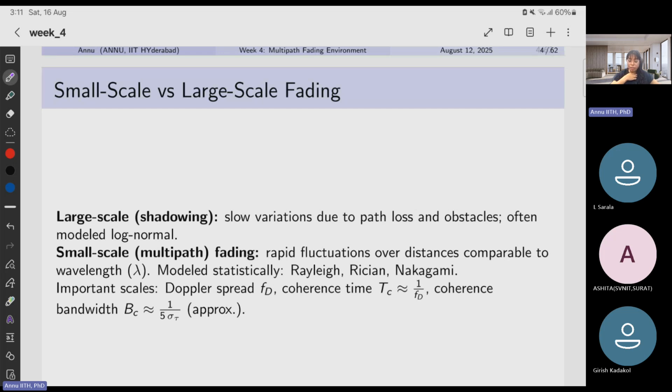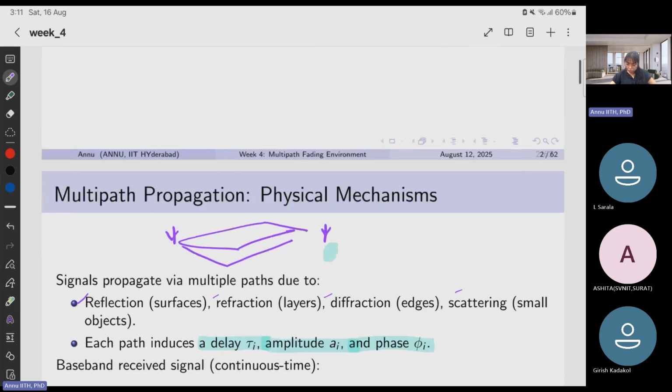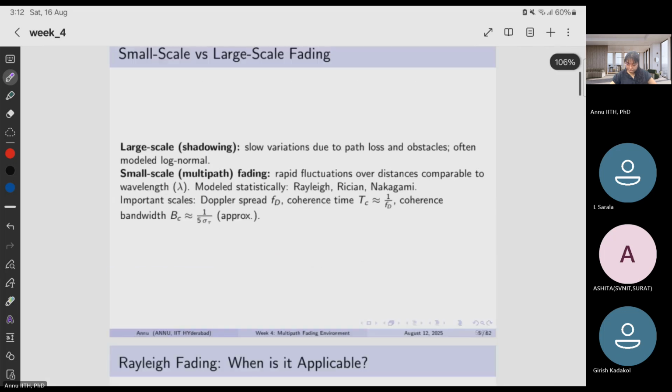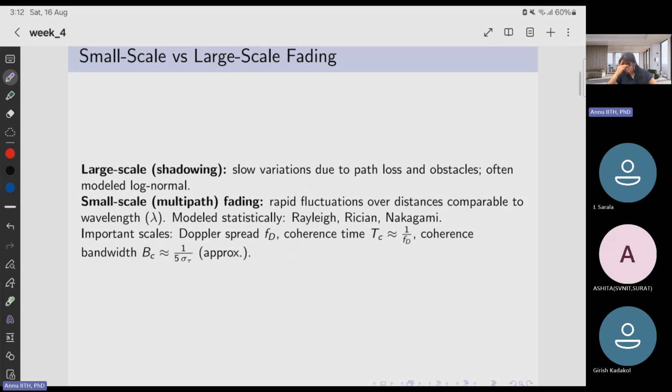So large scale fading is basically through shadowing. Okay. Now you may ask what is shadowing? Large scale fading is there through shadowing. There are slow variations due to path loss and obstacles, often modeled as log normal. Okay. There's small scale fading, there's multipath fading, where the rapid fluctuation,